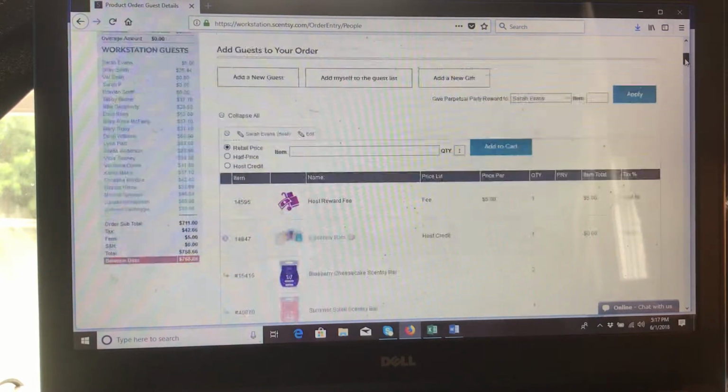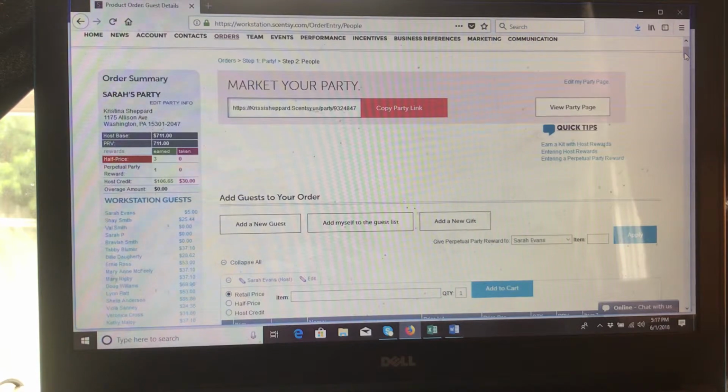A $5 fee is charged to the host that does not use the half price credits. So you want to make them aware of that if they do not use half price, they still get charged the $5. So now that I showed that,